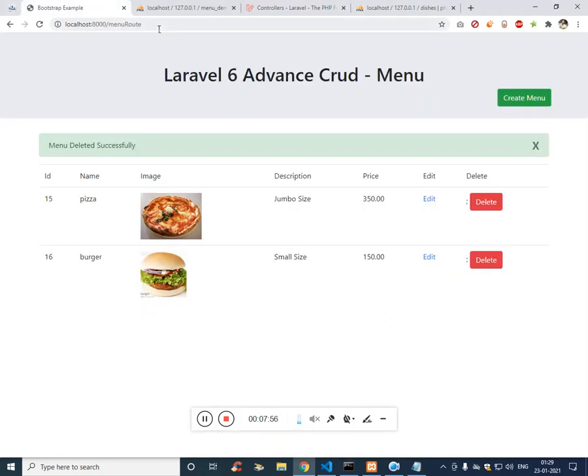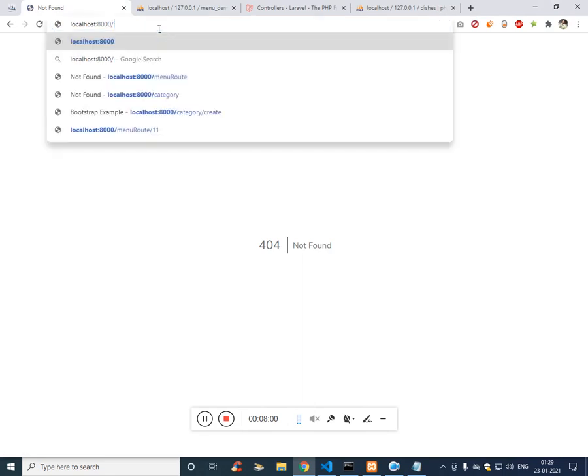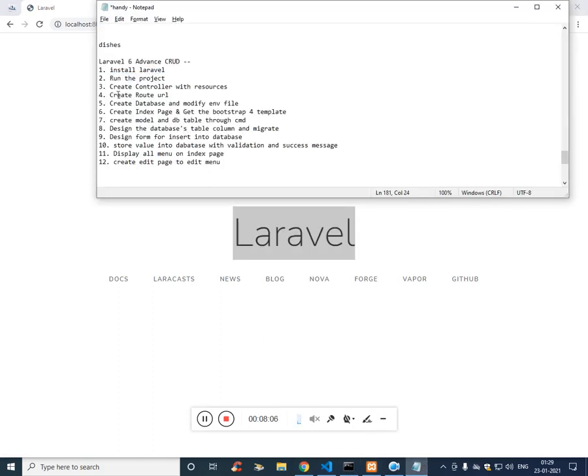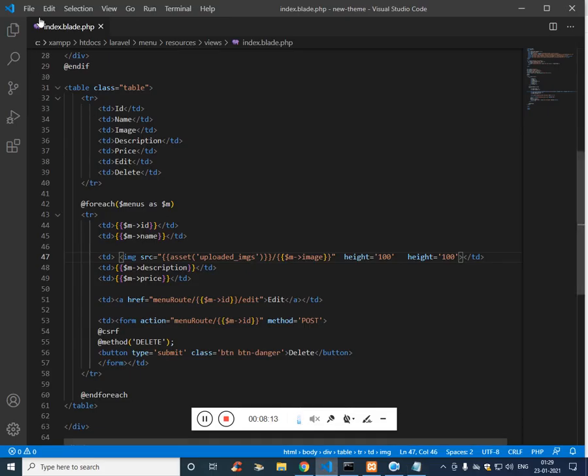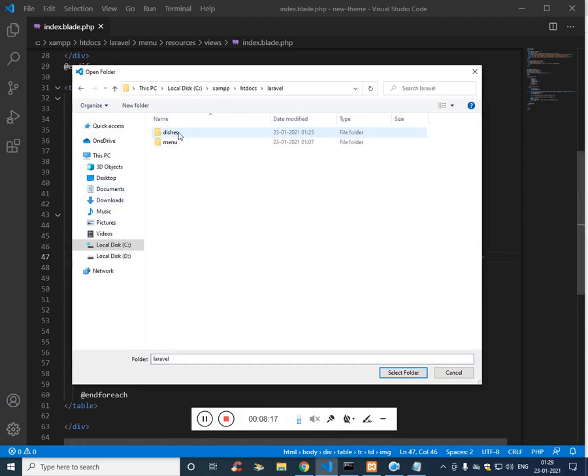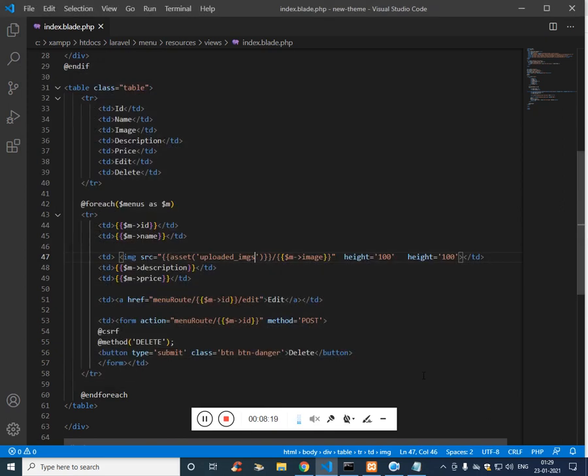It says on the current link the project is running. The next step is to create the route URL. So if you remember, let's open the file. It's in the Laravel folder. Dishes is the project name we are working on.